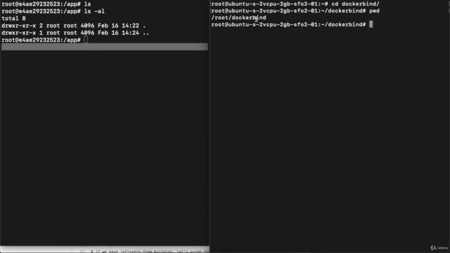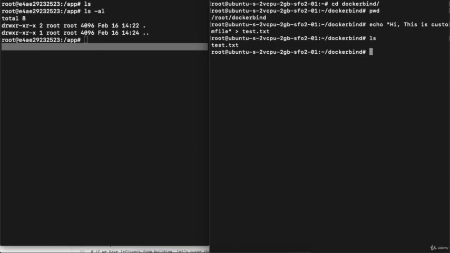Suppose I create some file over here. I will create a file with echo "hi, this is custom file" and save it inside test.txt. Hit enter, put ls, and you can see test.txt is present inside my local file system.